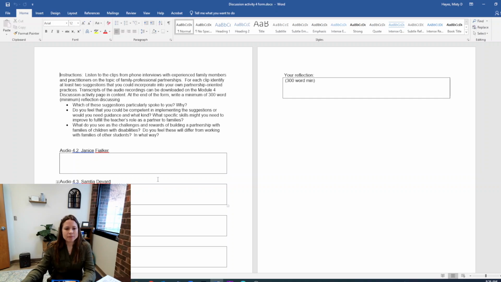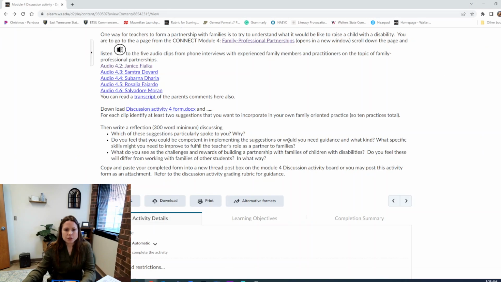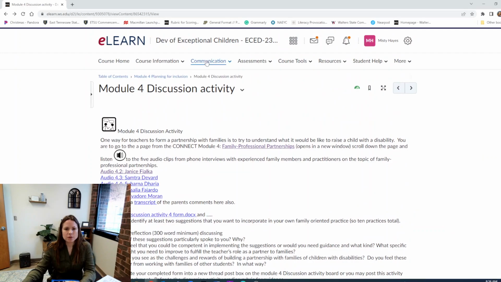These don't have a minimum. You're just putting 2 suggestions for each person. Your reflection has to be 300 words minimum. So that's what you will save, and you are going to copy and paste the form into the Module 4 discussion activity. So if you go to communications and you hit discussions,